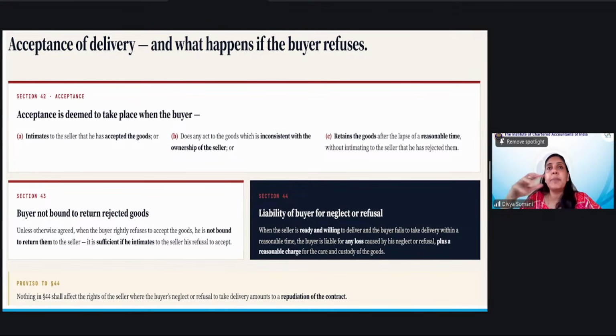He has pledged them or done any act, saying that he is accepting the goods. Third point, he retains the goods after the lapse of a reasonable time. So even after the time period, if you are still keeping the goods, then it is assumed that the goods